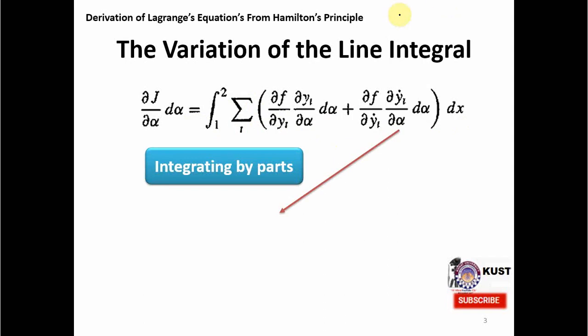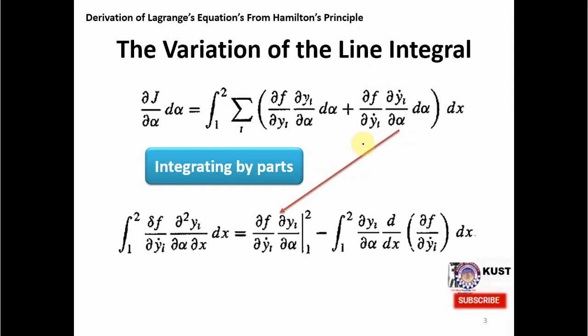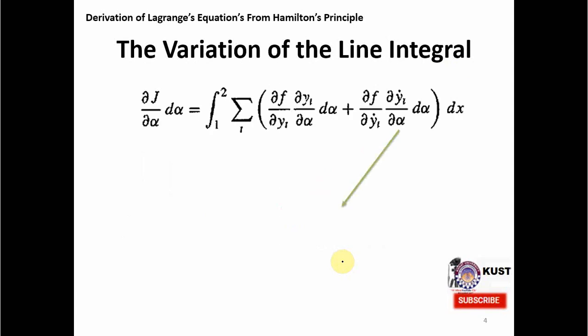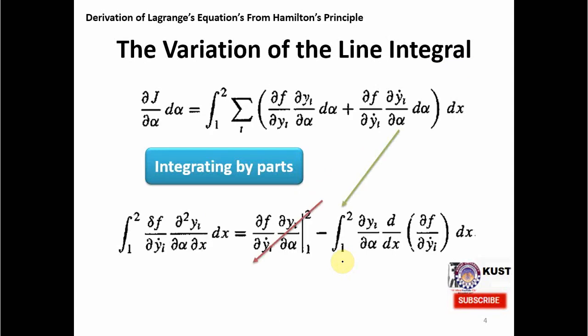Now, since we have to do this integration, let's talk about the second term first, and we want to integrate it by parts. As we know, in integration by parts we have two functions, the first function and the second function, and this is the formula. If we apply it and do this integration by parts, then this first term, which we call the leading term, will actually vanish.